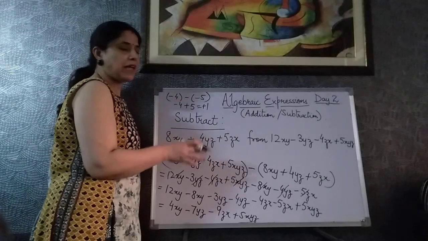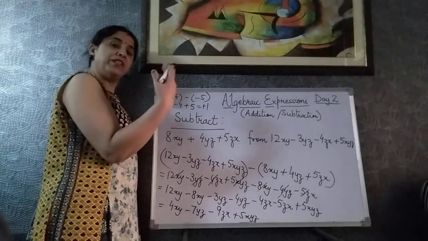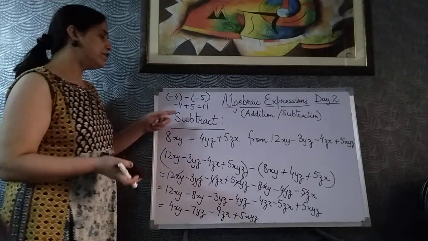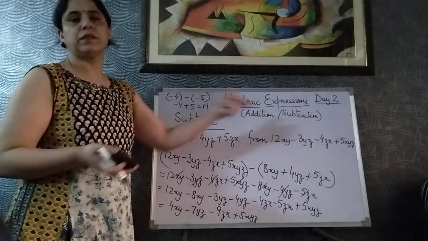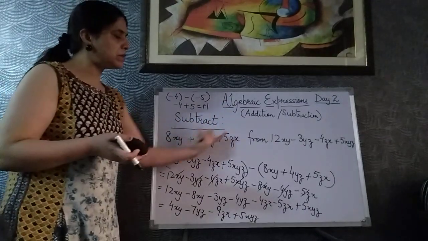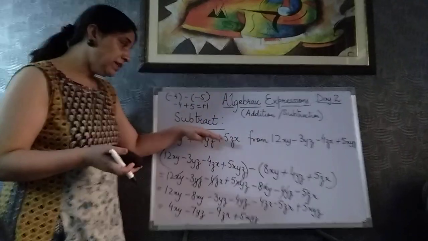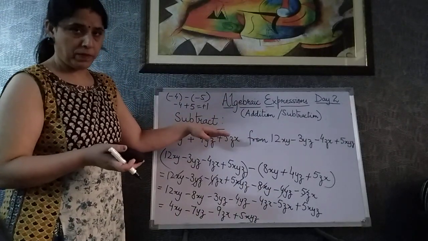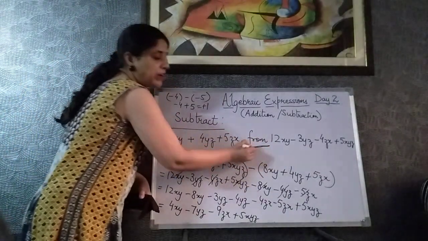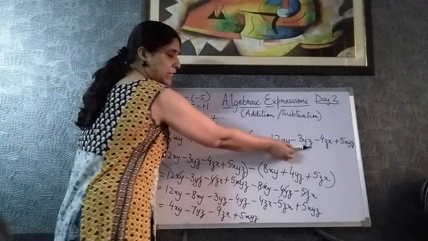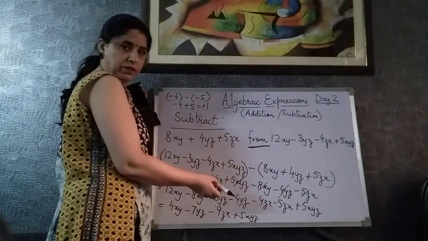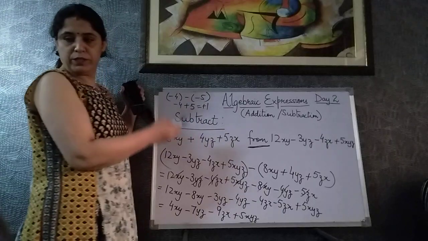What are we doing in subtraction? We are changing the sign of the expression which has to be subtracted. Clear? Now there will be some questions like, subtract this from this. If it is just written this expression minus this expression, then this should be the first expression, written at the top. But when the word "from" comes, children, you have to be very careful. The second expression is written before and the first expression is written afterwards. Clear? Yes, this is how we will do subtraction.